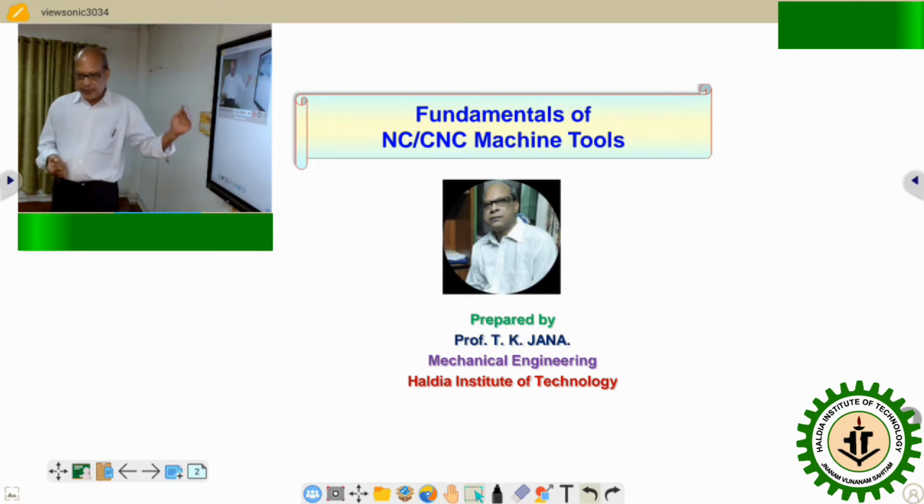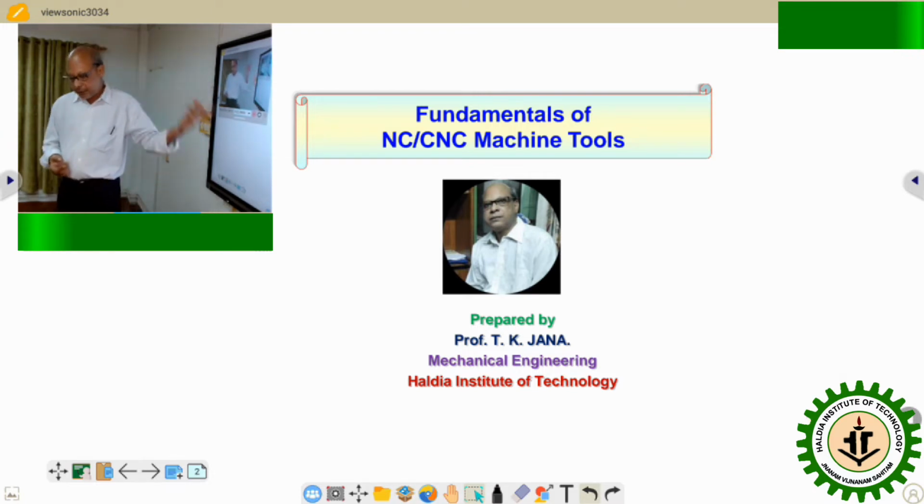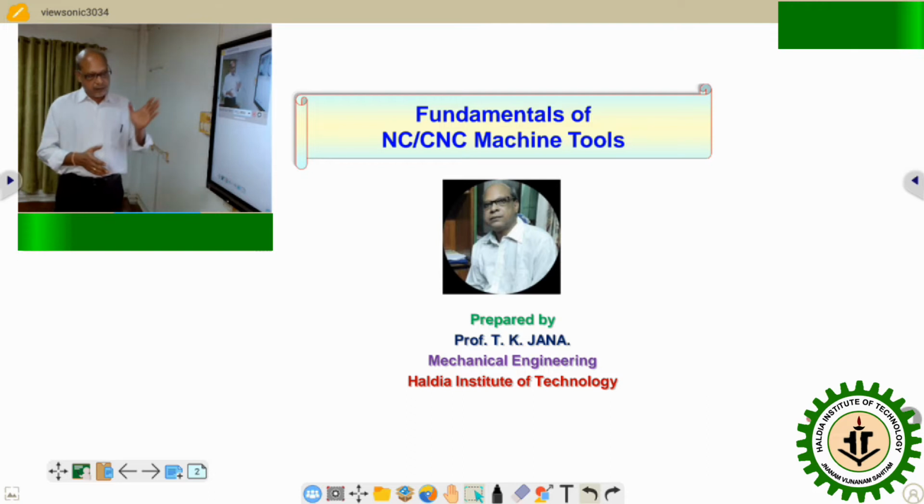In the second lecture of the CNC fundamentals, we discussed axis nomenclature, absolute versus incremental mode of programming, classification based on the positional system, open loop and closed loop control systems, and finally the servo system. Today we will discuss basically the repetition of the fundamentals, but